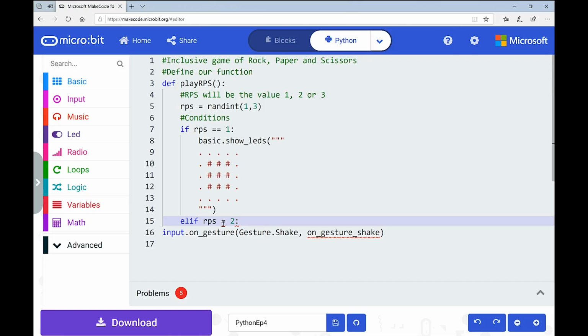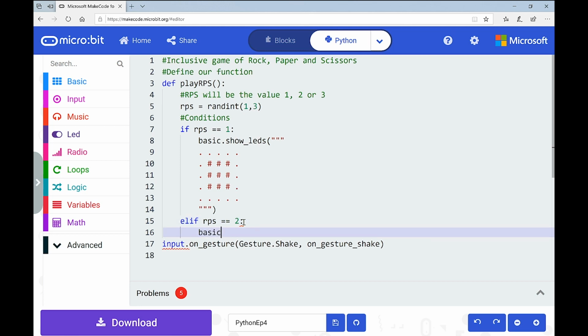Amanda, I just noticed there you only used 1 equal sign. Oh, sorry, thank you. Yeah, so that's just me in my haste. So again, sometimes the faster we go, the more mistakes we make. So apologies, that's spot on. Yeah, so again, that's really important. The double equals is equal to. So if RPS, or elif, sorry, RPS is equal to 2, colon, and now we decide.